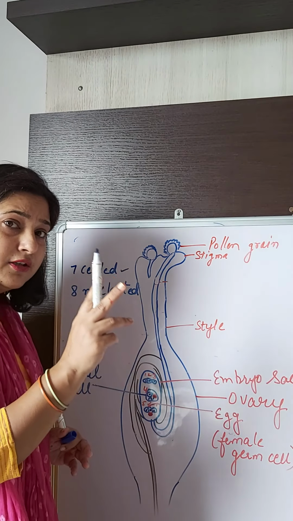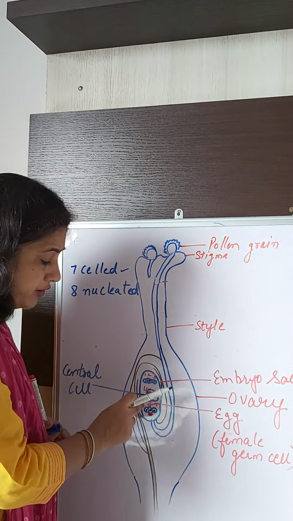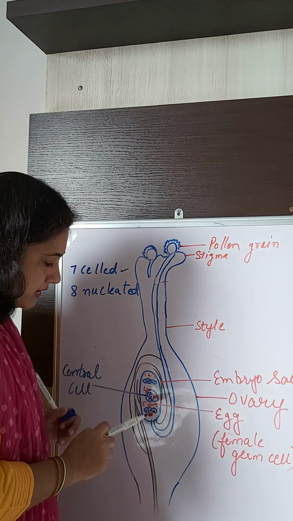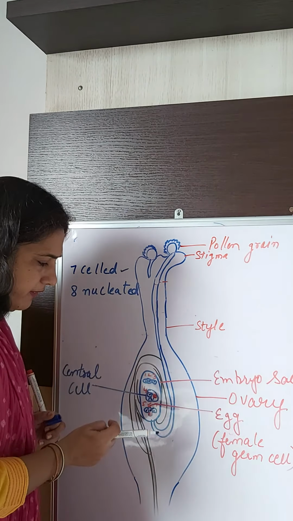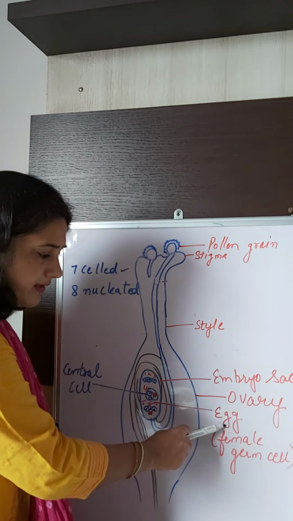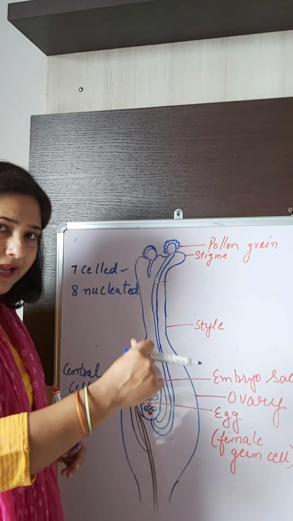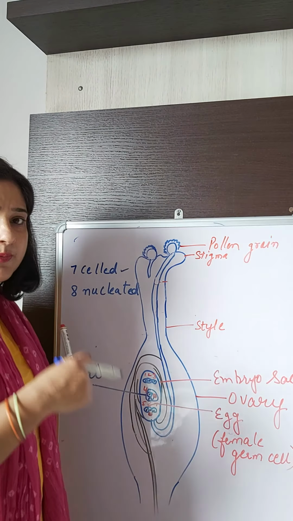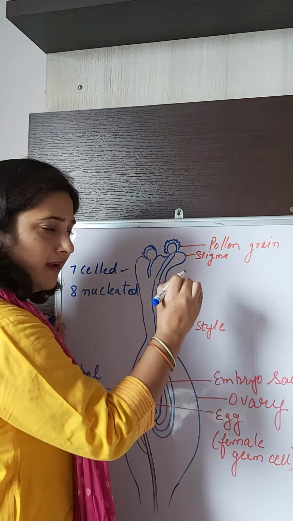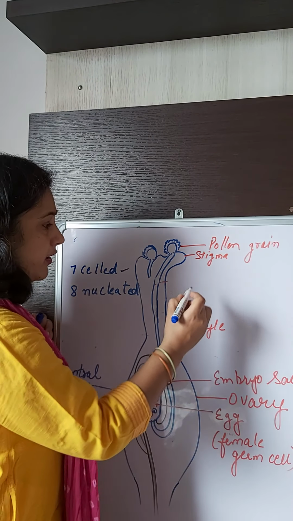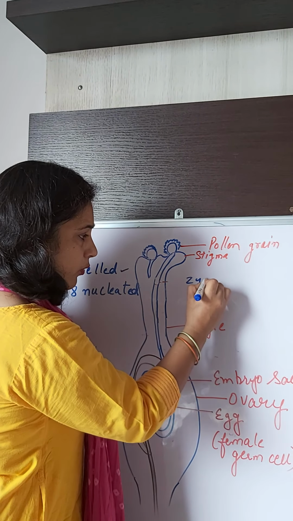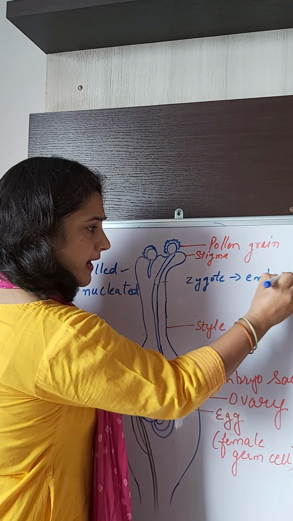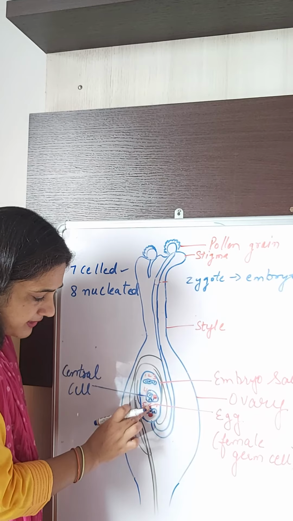But we have seen here that two male gametes are transferred into the embryo sac. When the two male gametes transfer into the embryo sac, one will definitely fuse with the egg and form the zygote, and the zygote develops into the embryo. That process we know: when fertilization, when syngamy occurs, the male and the female gamete fuse together, the zygote is formed, and the zygote will develop into the embryo. Where will that happen? Here with the 6th cell.